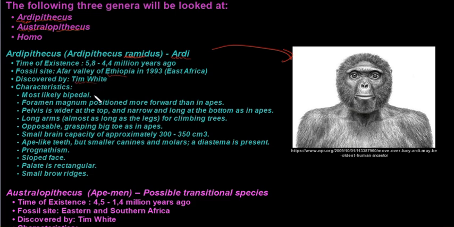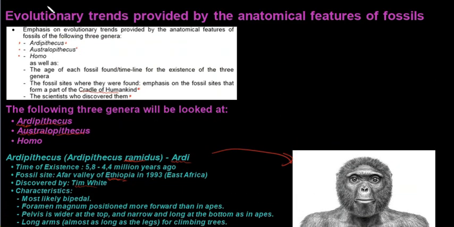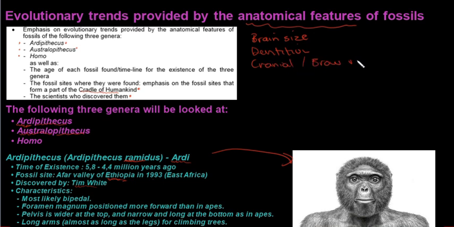Now, once again, they did say with specific emphasis on the ones that were found in the Cradle of Humankind. But if you have space in your memory, maybe just try and remember this for the sake of it. So the characteristics, remember, if we scroll up, they specifically talk about the anatomical features of these fossils. And we did this in part 1 of human evolution. The anatomical features they are referring to here are brain size, dentition, the size of the cranial or brow ridges, if those are present, palate shape,